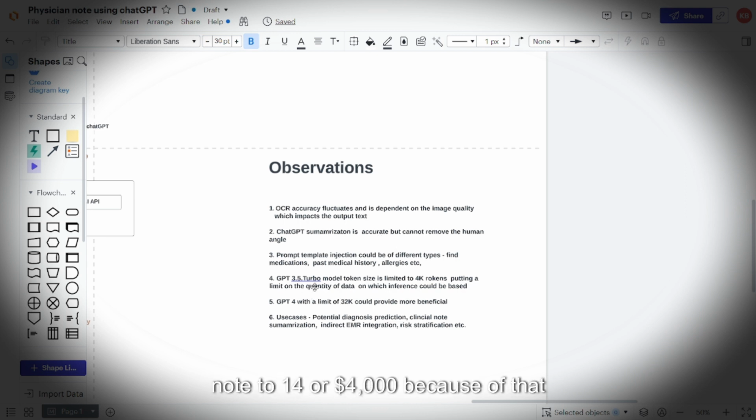Now, the GPT 3.5 turbo model being used in the demo, its token size is limited to 4K or 4,000 tokens. Because of that, there is a limit to how much data we can send. So the size of the physician note, the text output of that, should be less than 4K. And this kind of limits the inference at this point of time. But if we use GPT-4, which has a limit of 32K, almost 8 times, that could obviate the need for